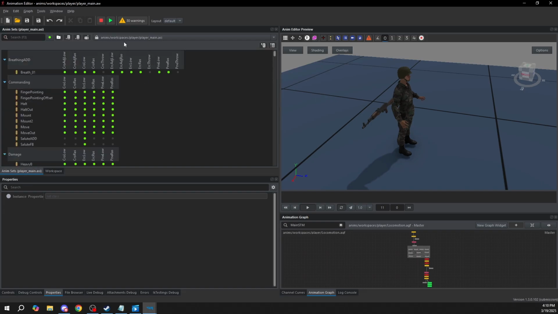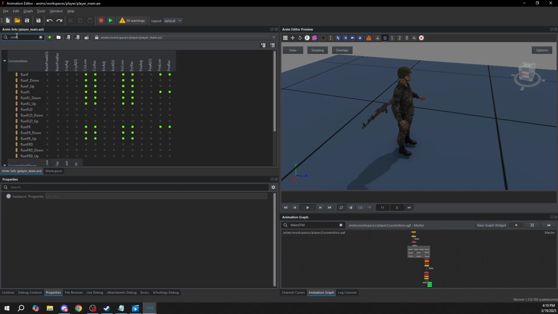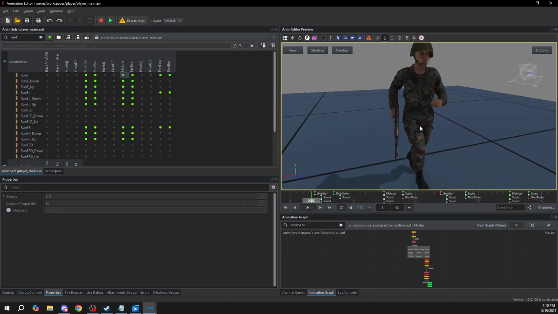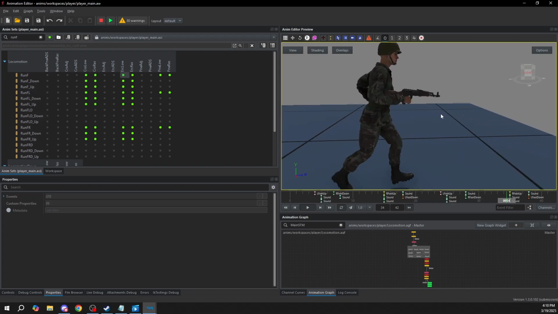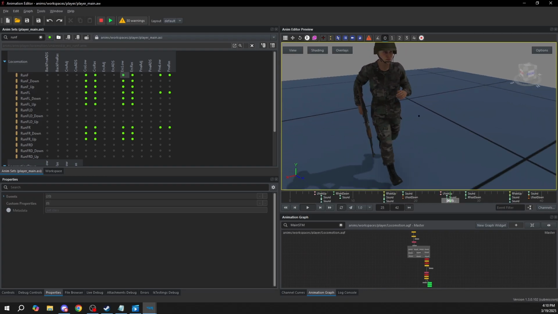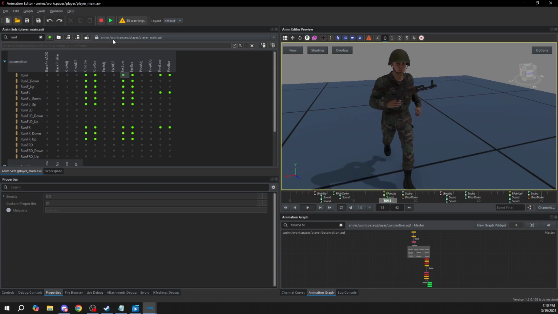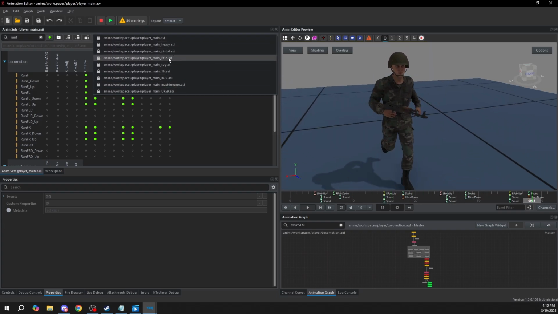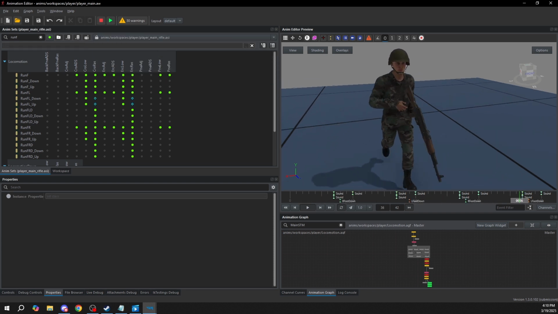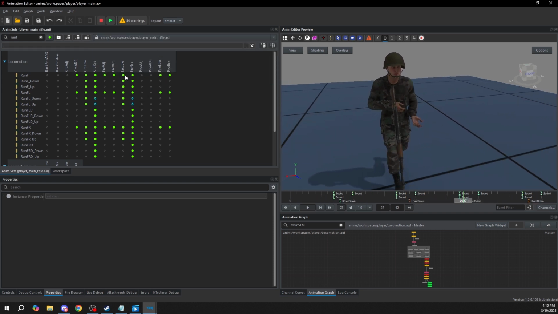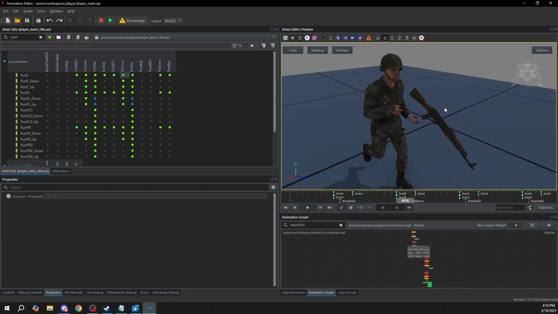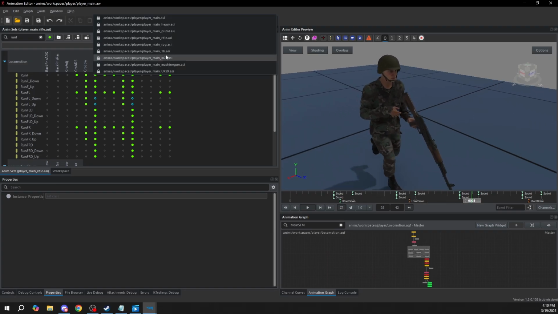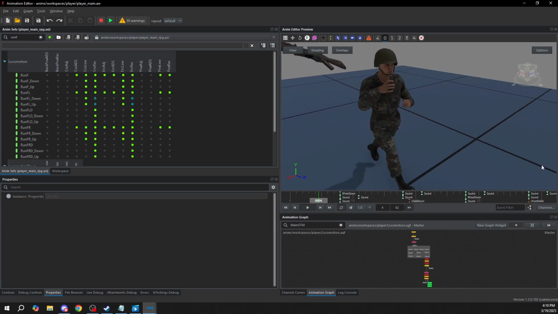So, if I go to the Animset and I look for a run forward animation, let's double click to preview it, you see I have an unarmed animation which looks a bit silly with the AK in hand, but let's forget about that for a second. We have an unarmed run, and here in the top of the Animset I can also change animation instance. So let's check the rifle animation instance, and you can see that the same slot in the Animset contains a different animation whether I'm in the unarmed instance or in the rifle instance or in the RPG instance. That allows us to